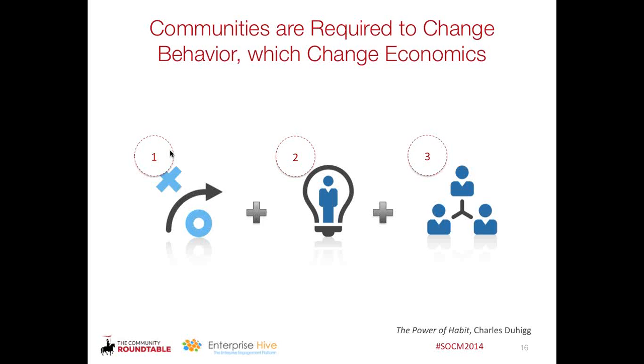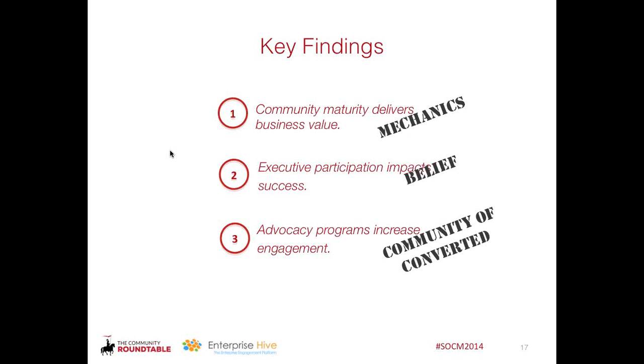If you go to the next slide, when we did our research this year around community management, we found that our key findings aligned kind of nicely with those 3 things, which is the first one: community process maturity drives business value, meaning having a more sophisticated approach to the system by which you structure and manage your community really reflects in the ability to measure its value in the end. And that's the mechanics, how you're going to go about this.